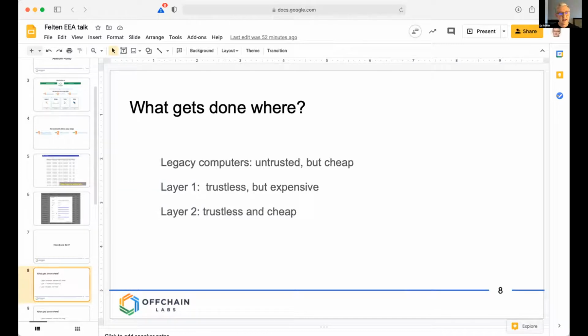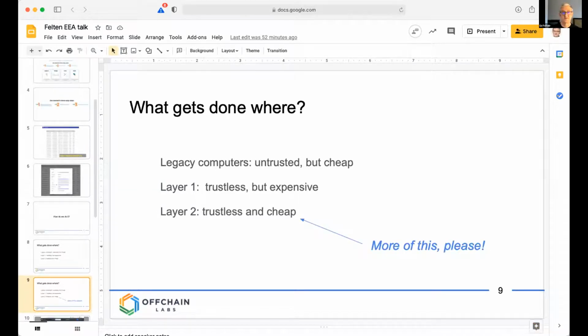So the name of the game to build a system that's going to work and really solve people's problems is to put as much as you can at layer 2. And so we move a lot of things that are in layer 1 or on legacy computers and other systems up to layer 2. And that gives us both trustlessness and speed, and most importantly, flexibility. That's how we're able to get the level of compatibility with Ethereum 1. And it's the way that we're able to have more headroom to move our products forward.